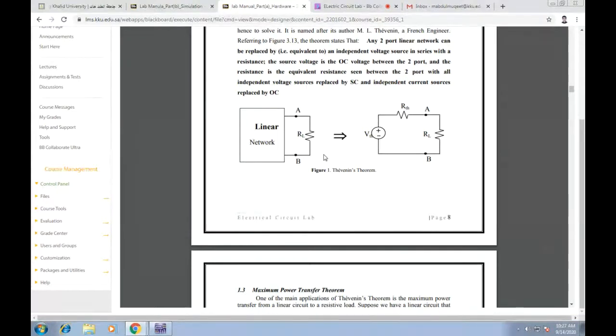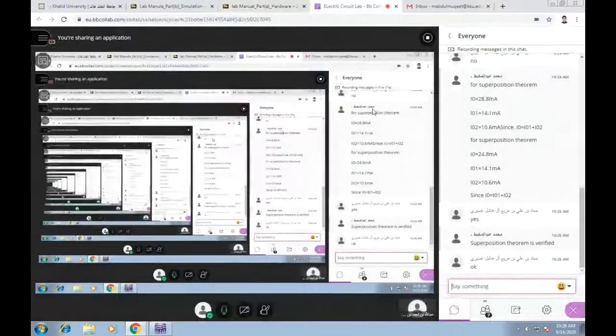Okay, so it means that in Thevenin's theorem, we are supposed to find VThevenin, we are supposed to find RThevenin. First, we are supposed to find a voltage, that will be VThevenin. Next, we are supposed to find the equivalent resistance, that is RThevenin. And then at the end, we have to place RL, that will be the final circuit. Understand? So let us do this.